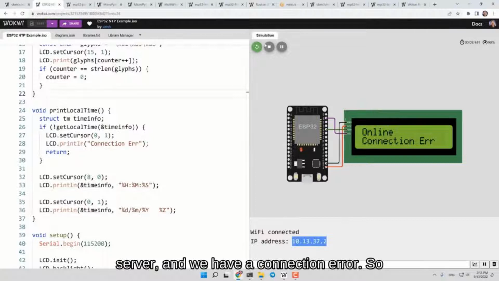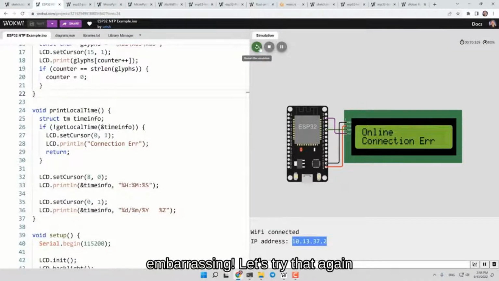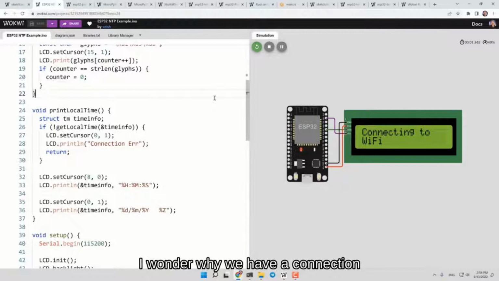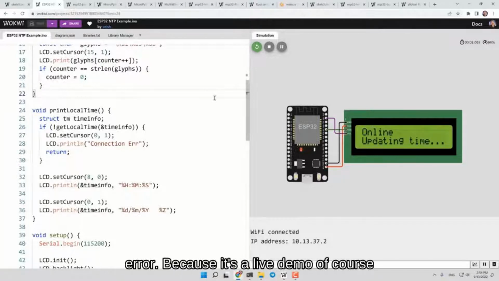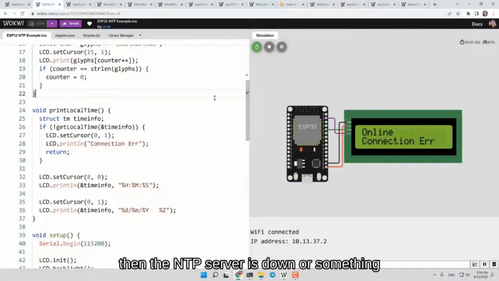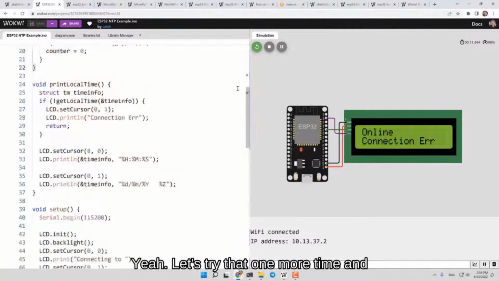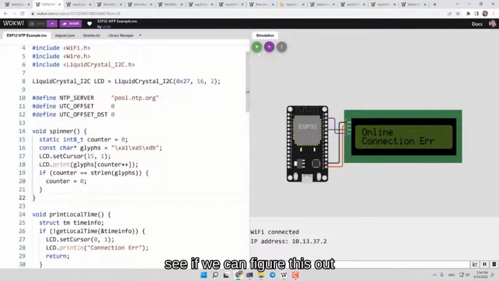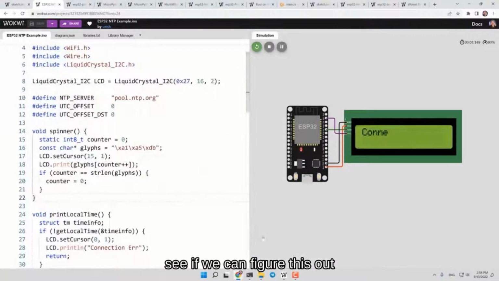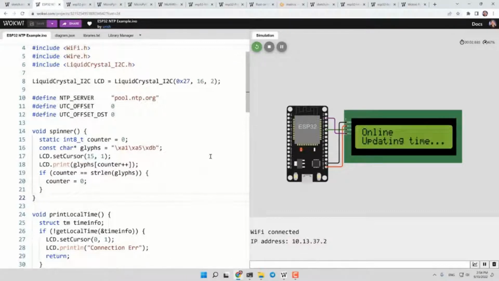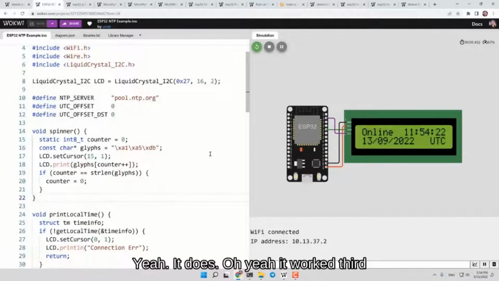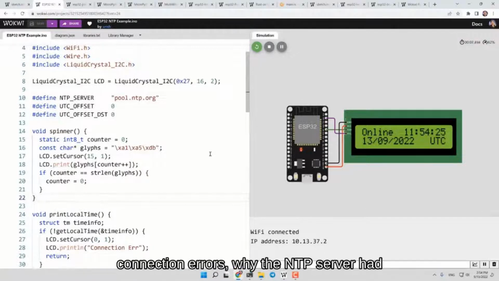And we have a connection error. So embarrassing. Let's try that again. I wonder why we have a connection error. Because it's a live demo, of course, the NTP server is down or something like that. Let's try that one more time and see if we can figure this out. Oh, yeah, it worked the third time. Not sure why it had two connection errors, why the NTP server had not worked while doing the demo,